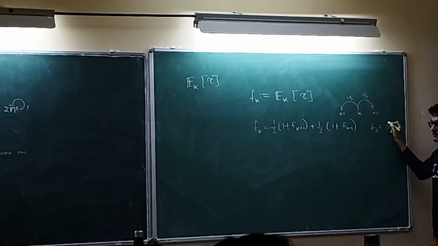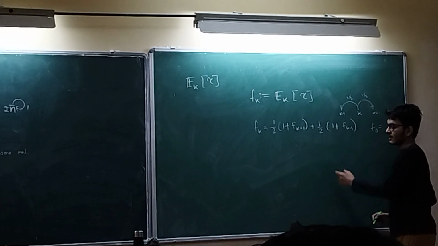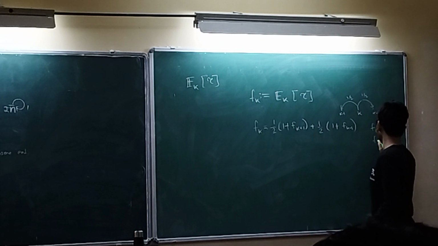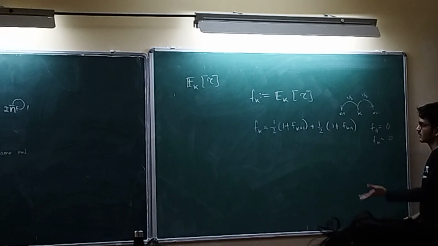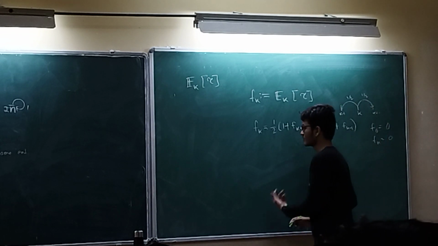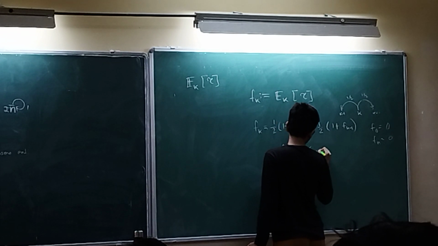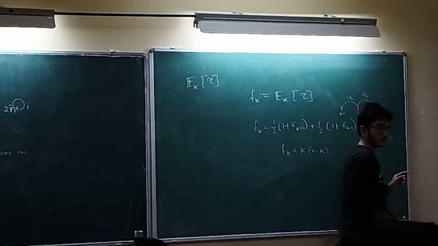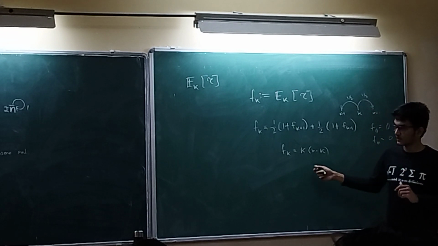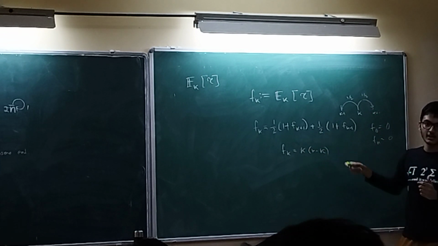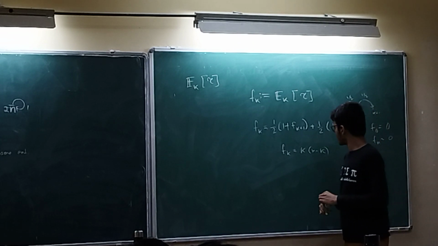That's just 0. Because if I am at 0, what is the time taken in the game to end? That's just 0. Again, you have a linear system of equations. Solve it out. And then just check that the solution is actually unique, because this is a tridiagonal system of equations.